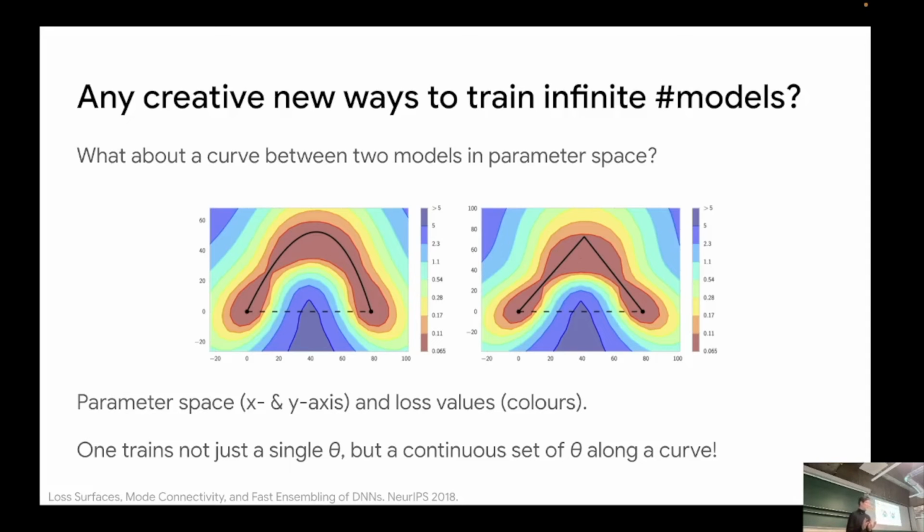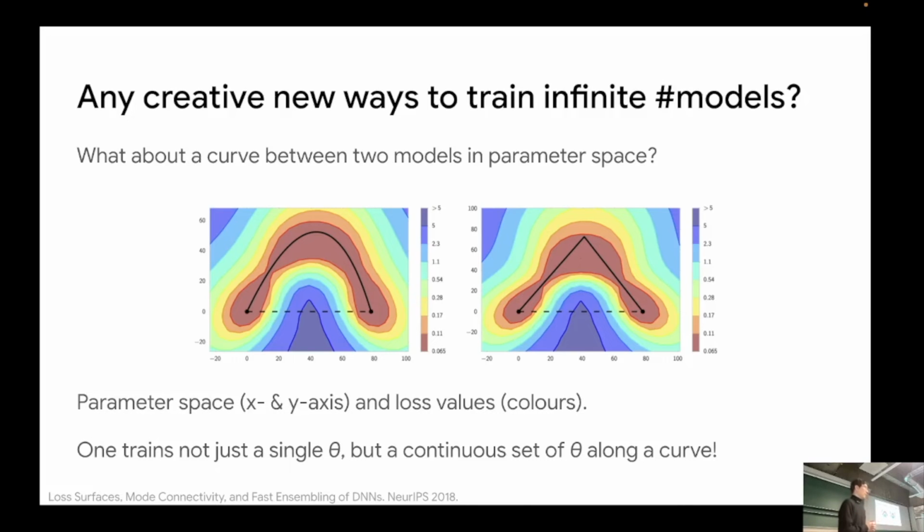It's a clever idea of having a new perspective on what we are already doing and saying, yeah, we are actually doing something Bayesian here. So I find it, again, quite typical for Bayesian machine learning. You come up with some fancier theory, but eventually if you look at what they do in practice, it's not too different from what people are already doing. So that leads me to the thought whether there are any creative new ways of training new kinds of sets of models, right? It's not my thought, but some other people have trained qualitatively different types of sets of models,